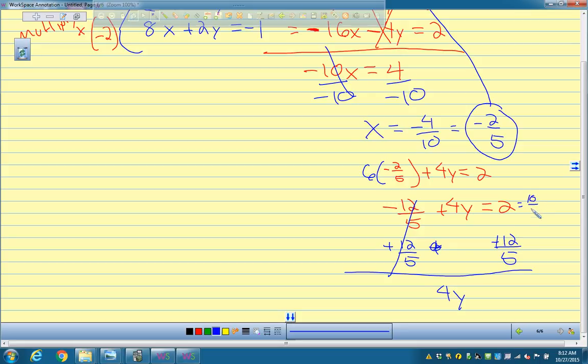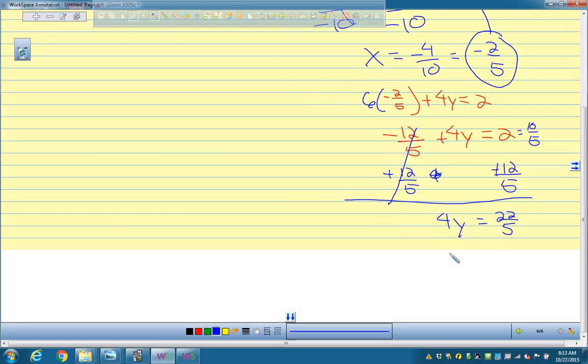10/5, right? I'm going to add together 10/5 and 12/5. That gives me 22/5. Oh my God. And I got to divide that by 4. Couldn't we have picked a cleaner example? Divide by 4. Hopefully you won't have any this horrible. So now I gotta divide